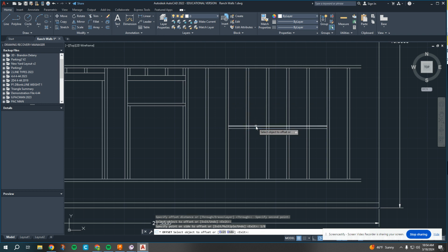All right, now this is going to get offset 1/8 of an inch. 1/8, enter. Then we're going to offset 2 1/4, we could just do 2.25. And offset this is going to be 3/8. This is a bigger window opening, so it's got to be bigger by regulation, 3/8. So it's going to have more like the doorway size opening here. And then we're going to cut away